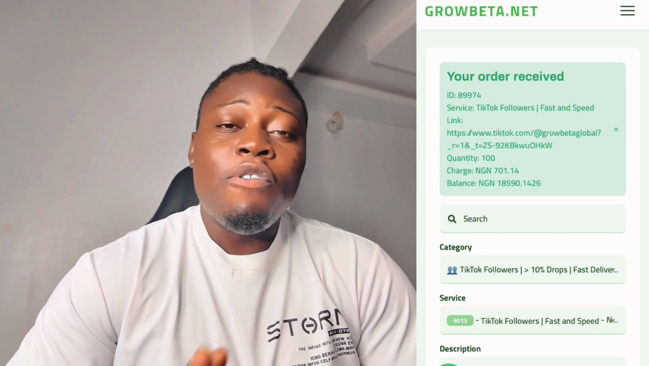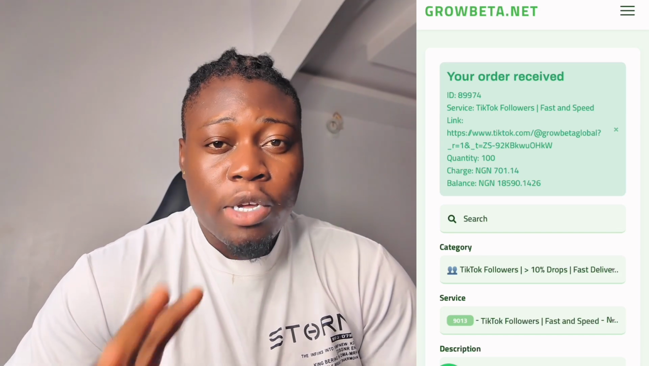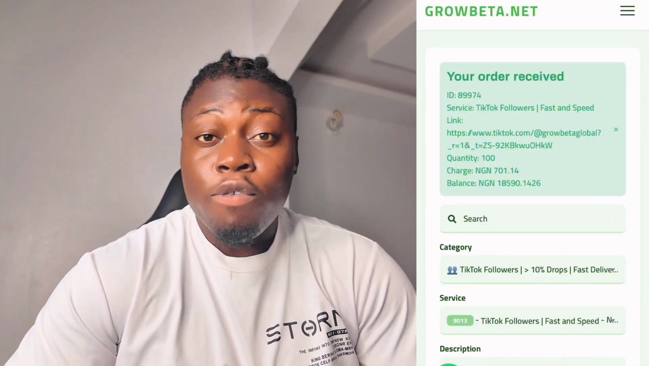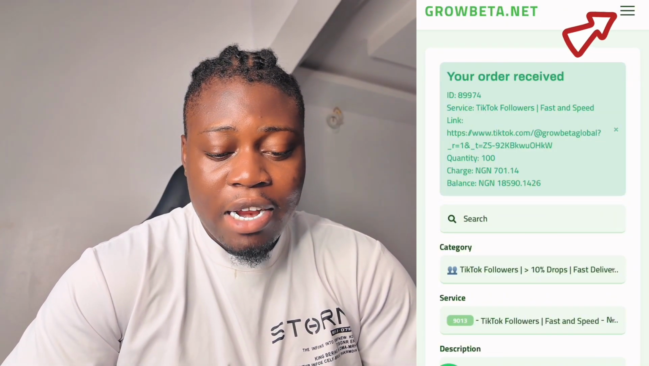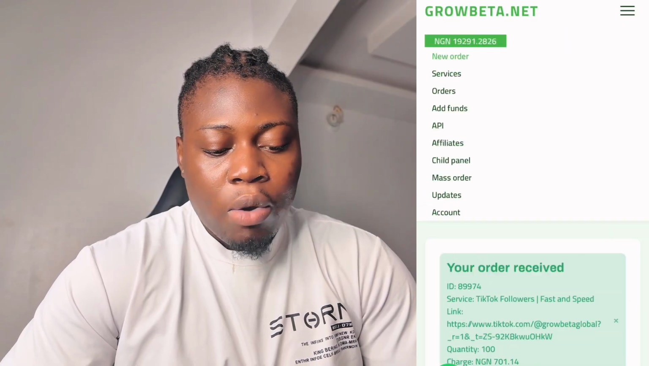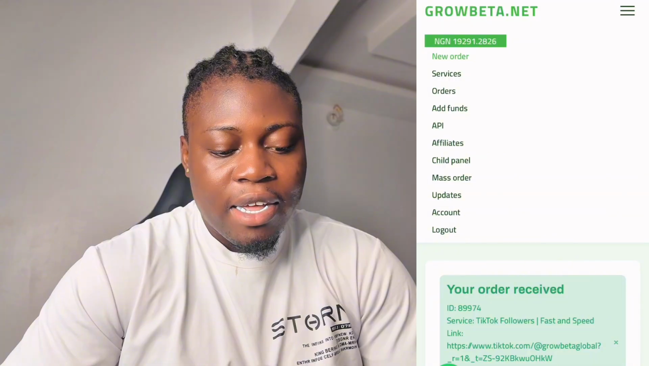easy peasy. But before then, I want you guys to understand that whatever you're doing in this platform is not free. You need to pay money to get them. So how then do you fund your account in this platform? It's very easy. All you need to do is come to this three line up here. Tap on it, and once you tap on it, you come to this left hand side. You can see this add fund, right? Tap on it,